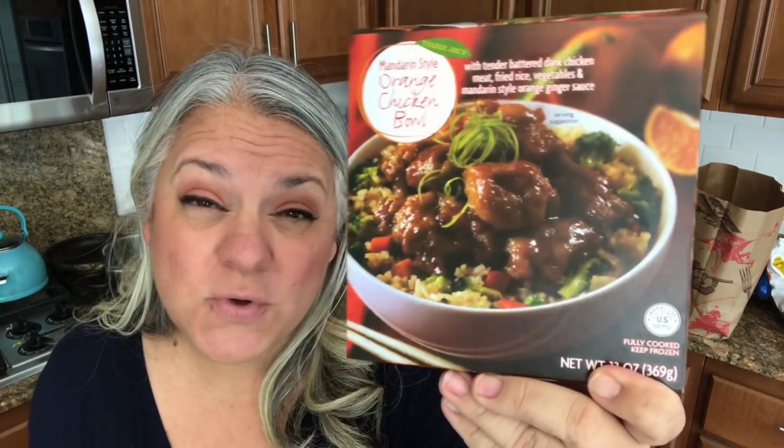I also got one of these orange chicken bowls. The Phillips raved about these, so I want to try it for myself. And then another thing that I picked up, little pineapples. Frozen pineapples are so sweet. It is my favorite frozen pineapple by far. And talking about something else that is my favorite,